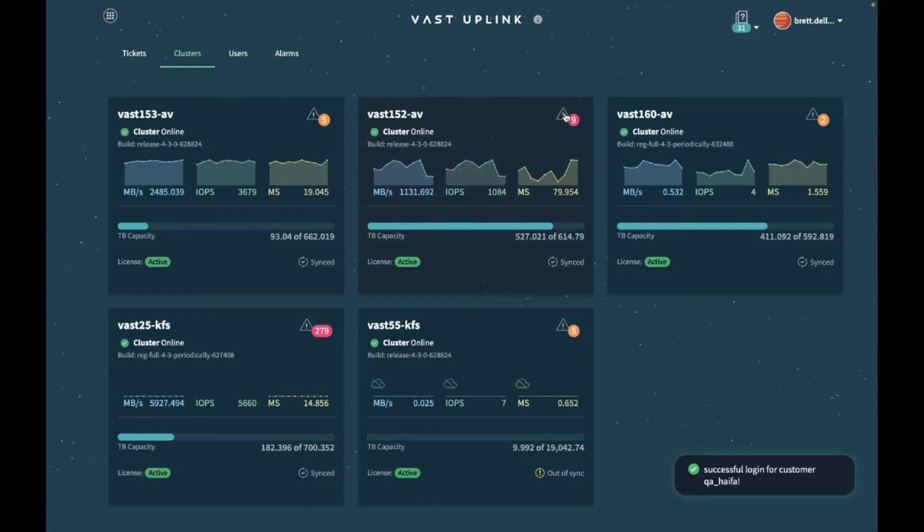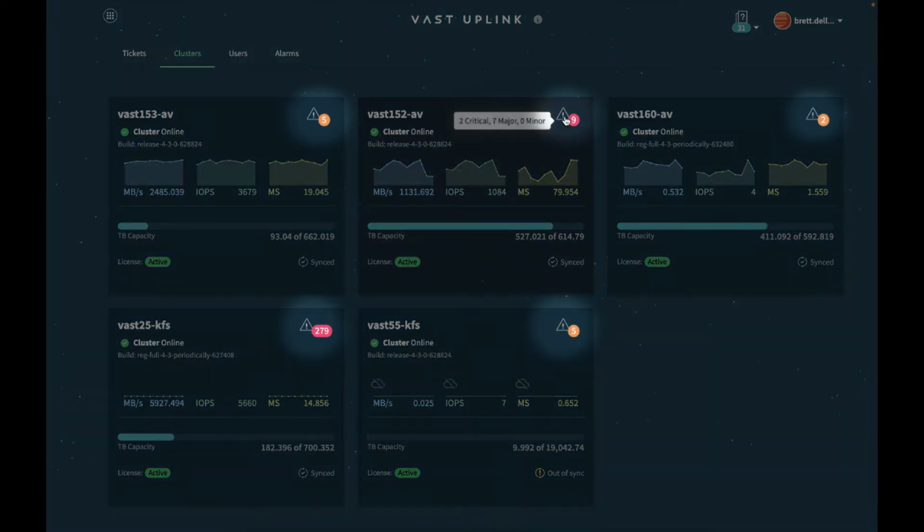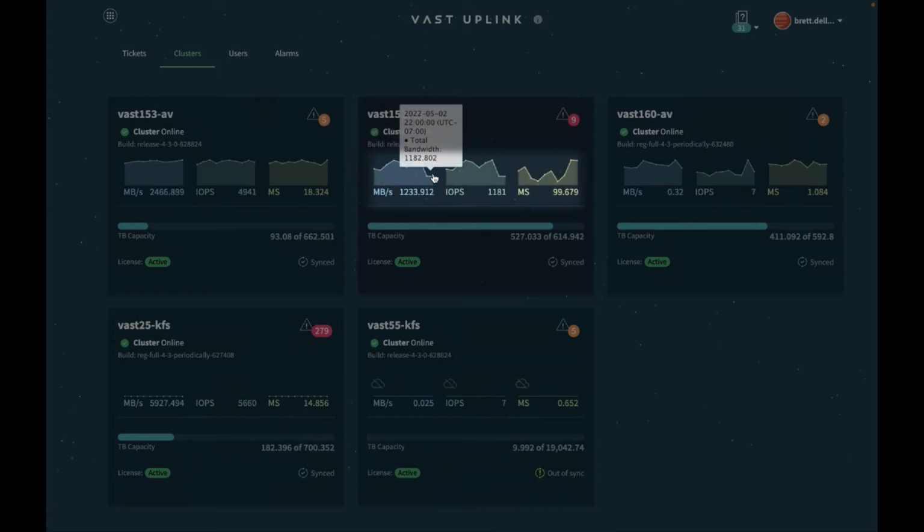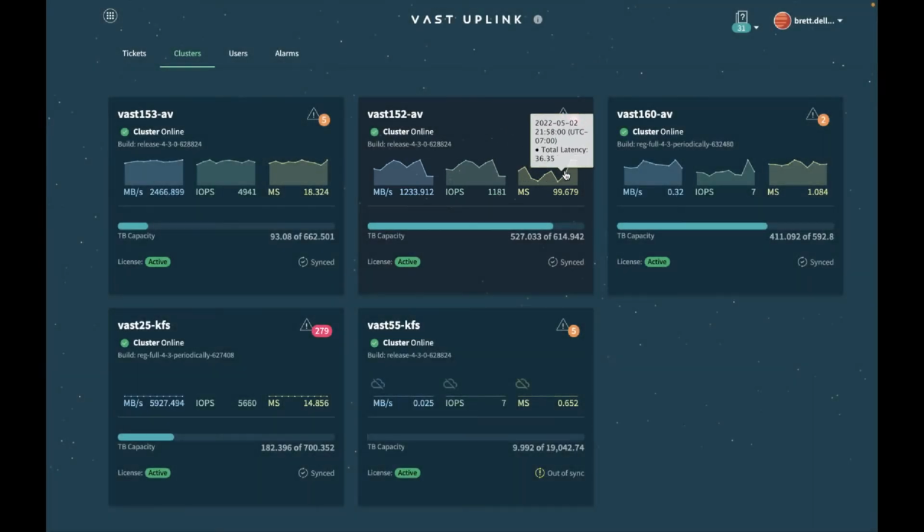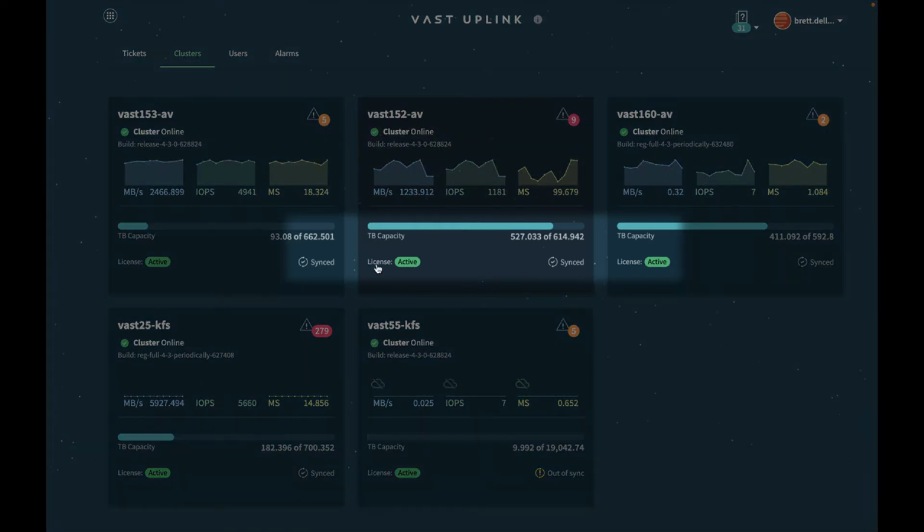of your clusters, and at the top right of each card, you'll see how many critical, major, and minor alerts there are. You'll also see the cluster name, the cluster status, the release version, a 10-minute trailing metric about performance for throughput, IOPS, and latency. You'll also notice the aggregate in-use logical capacity, the license status and expiration date, and the sync status back to